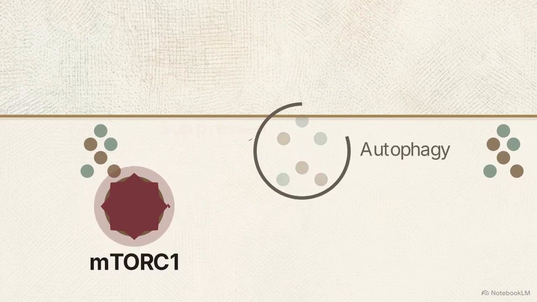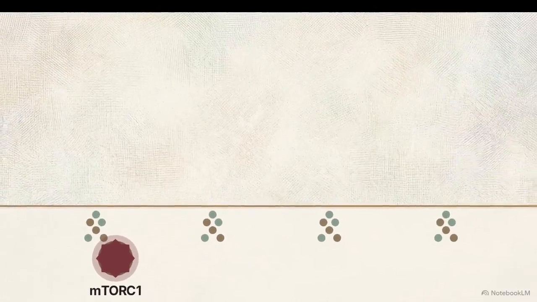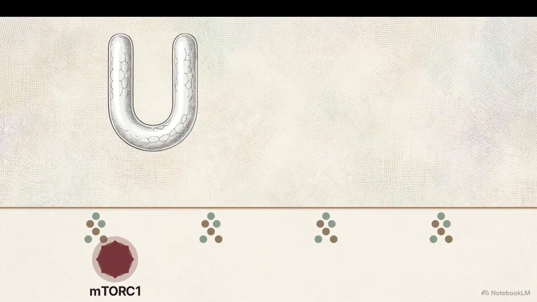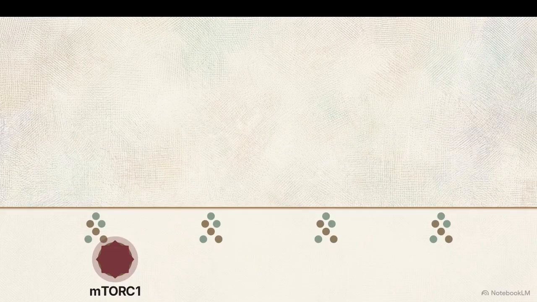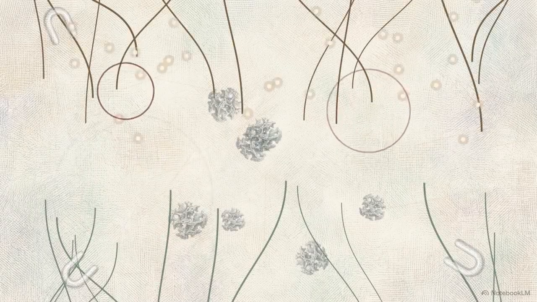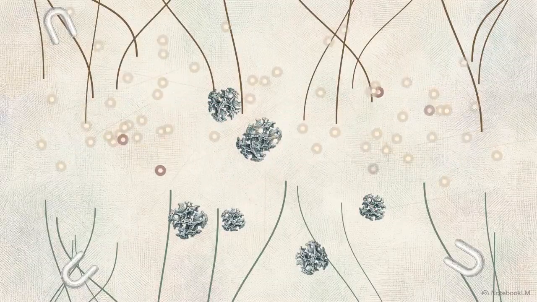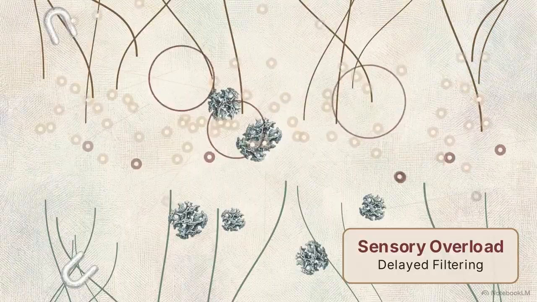This hyperactivity suppresses neuronal autophagy, preventing the initial degradation of redundant connections. Because the synapses are never weakened, microglia never receive the signals to clear them. The brain retains a vast network of noisy, redundant infrastructure. This dense, unpruned cortical network leads to the sensory processing overload and delayed information filtering characteristic of the disorder.